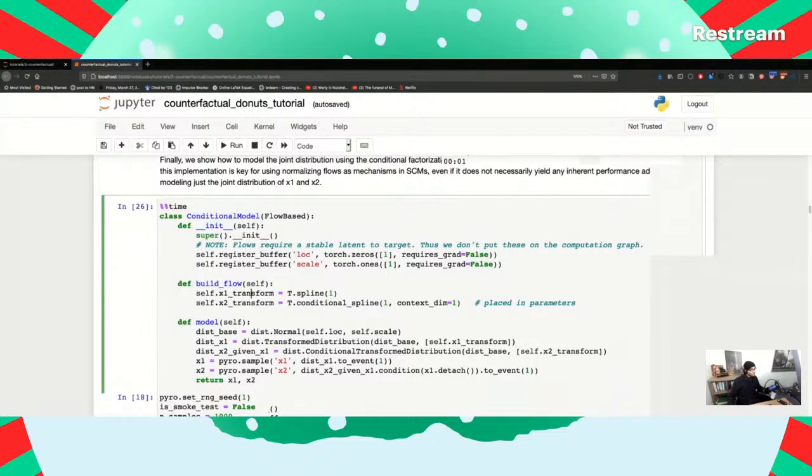So great. So here we sample from the normal. We get the spline to model X1, the conditional spline to model X2 given X1, because we take this thing here and, yeah, where does this guy show up here? How is this thing using information from X1?